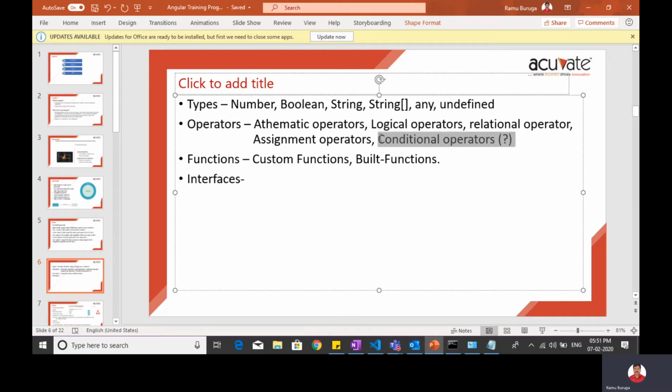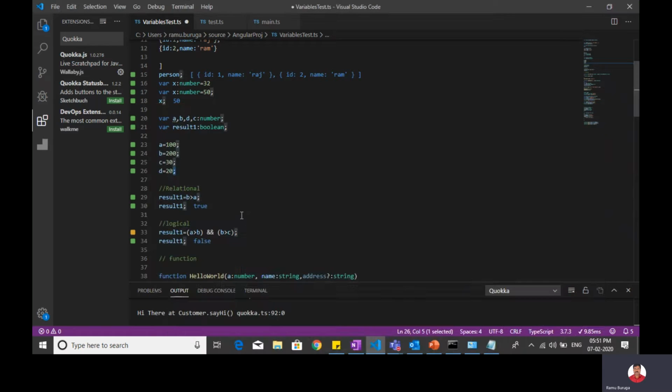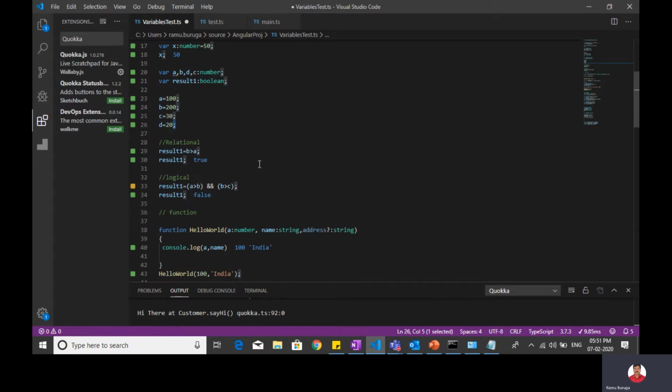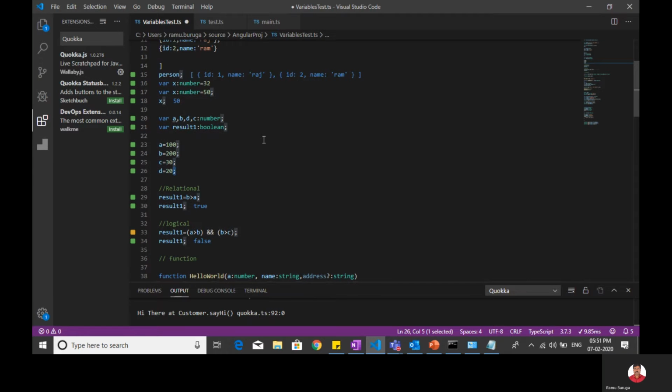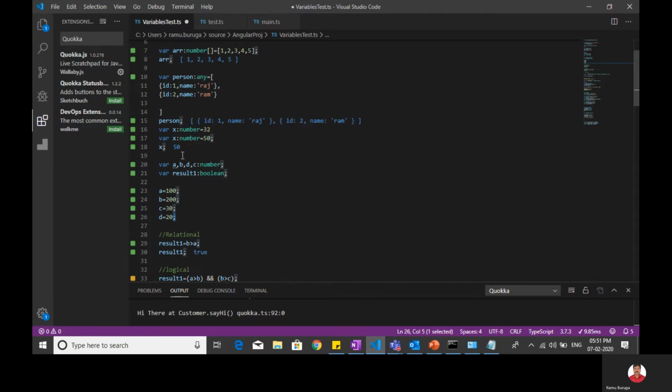So these things will also be supported by TypeScript. You can check this. One more thing you should remember: here I have declared var type number x variable.